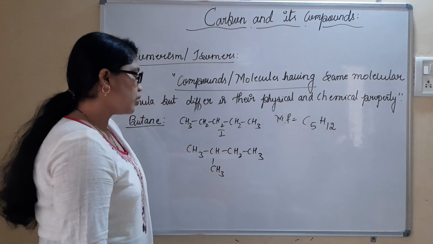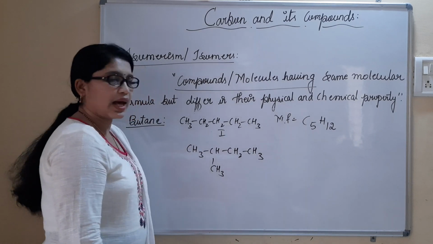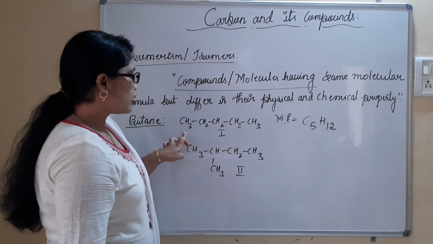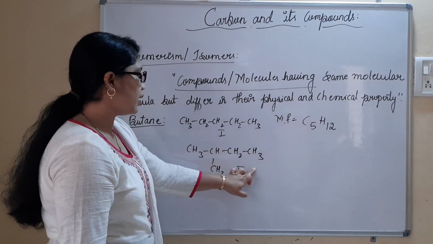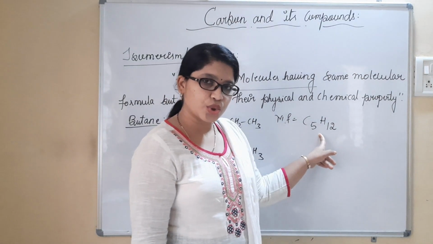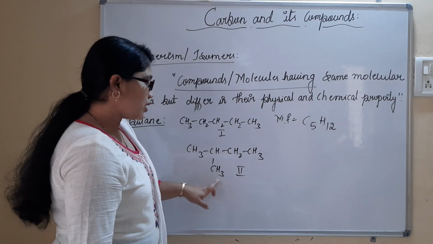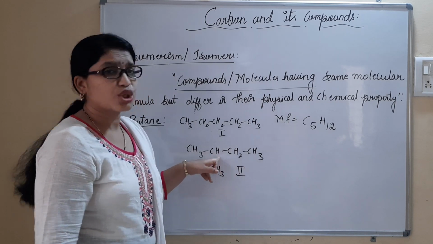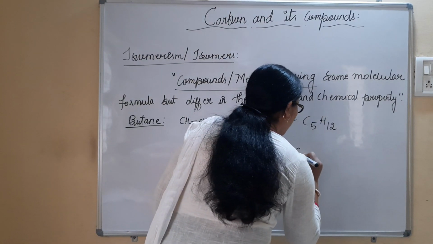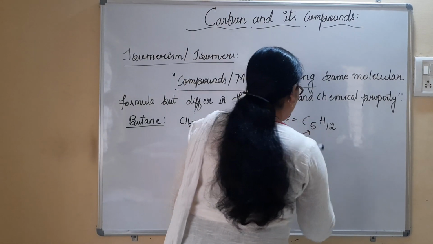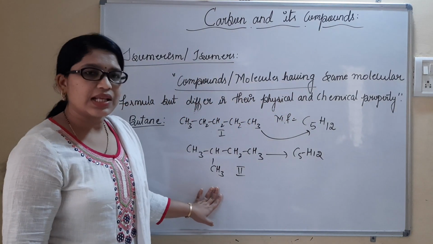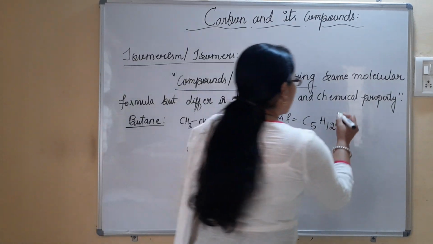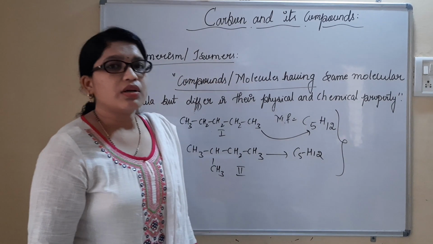So now you can count the number of carbon atoms as well as hydrogen atoms. I would consider this as the second structure. Here also 5 carbon atoms, here also 5 carbon atoms. This already we know is hydrogen 12. What about this one? See, 3 plus 3, 6 plus 3, 9. Then I have 10, 11 and this is the last hydrogen which is 12. This also has the formula C5H12. The molecular formula is C5H12. So I could consider both of these as isomers of each other.